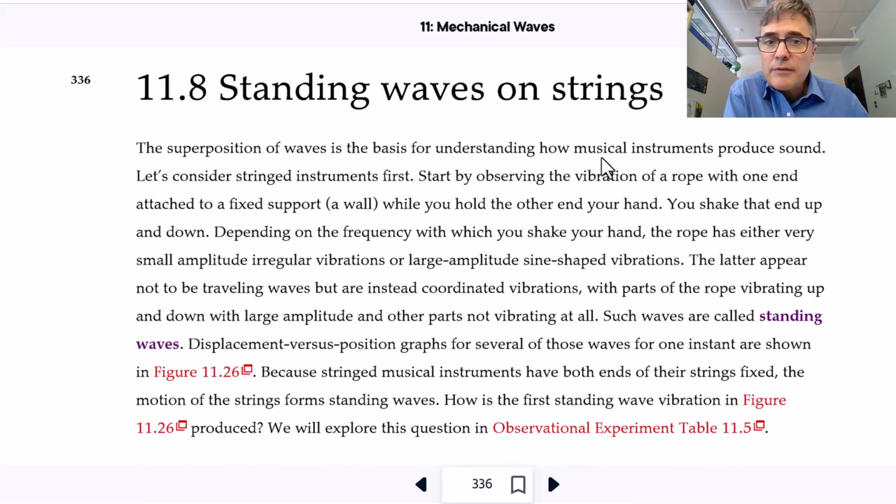Okay, so this is the last pre-class reading video of the course. We're just finishing up chapter 11 today. It's all about standing waves, and there's 3 sections here. Section 11.8 is standing waves on strings, and we kind of started this in the pre-class assignment for last class,